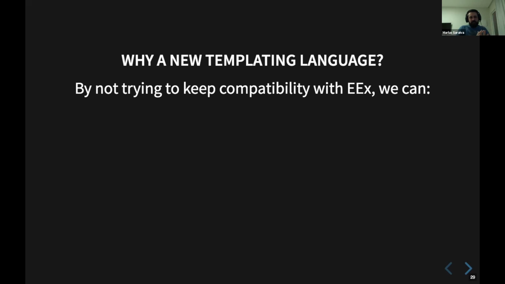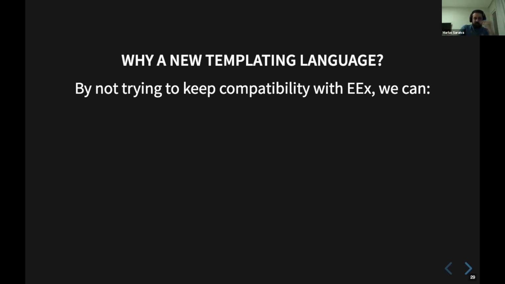But I think the way that Higgs is like any EX template variant, it's that you need to embed Elixir in the template language, right? So it's not Elixir, but you can inject pieces of Elixir code